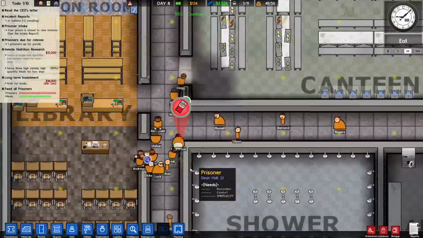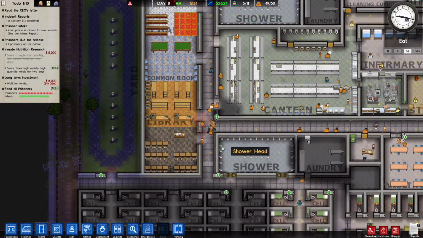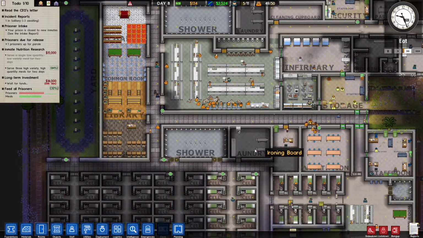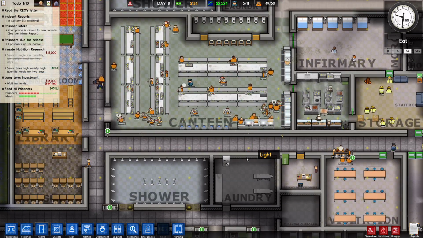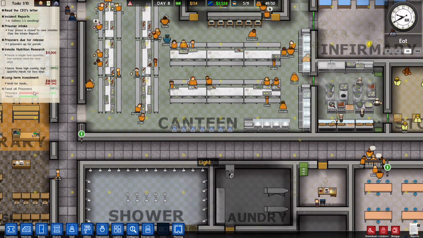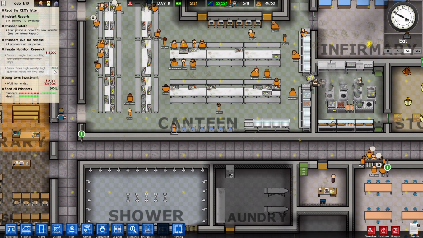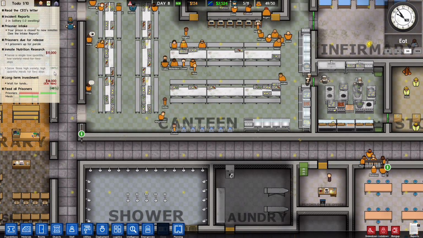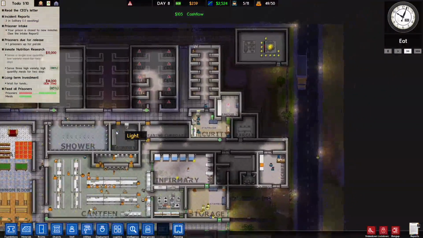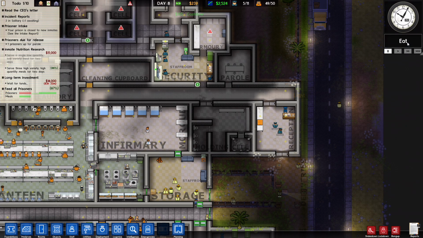Oh. More cigarettes found. Alright, it is eat time. And everyone got some meal. How are we doing for feeding all prisoners? And we are still at 64%. Getting close. We are at 10 p.m. And did the last prisoner